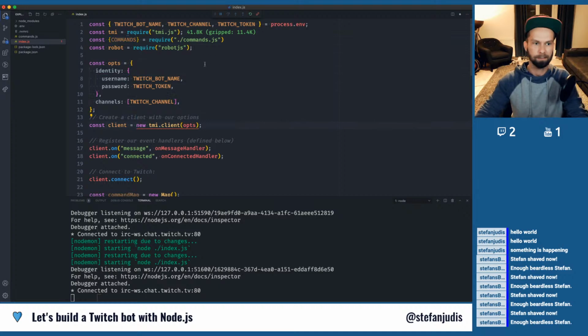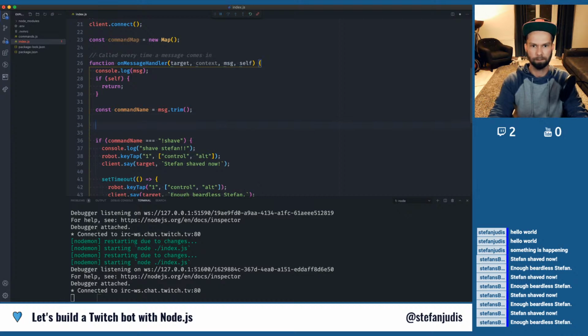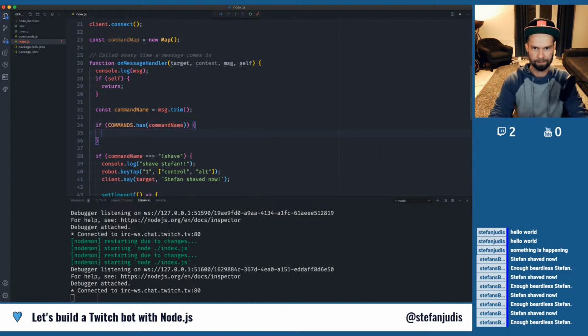Nice. And the idea that I have here is that the condition shouldn't be hard-coded to a single command, but what we want to do is: if commands.has(commandName), then what we're gonna do is const command equals commands.get(commandName) to access the thing that is in there, command, let's look like this. So then we do something like run, and then we do